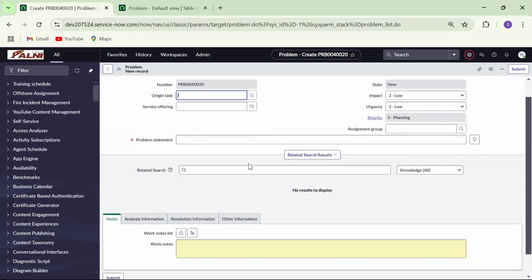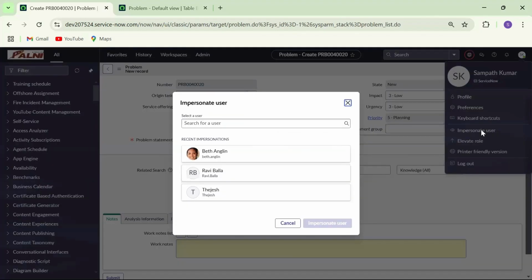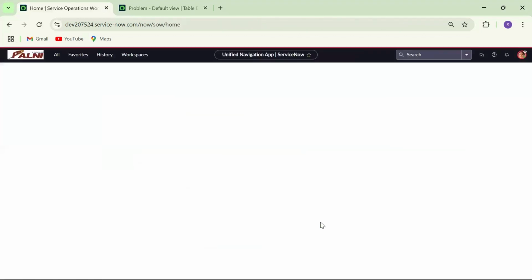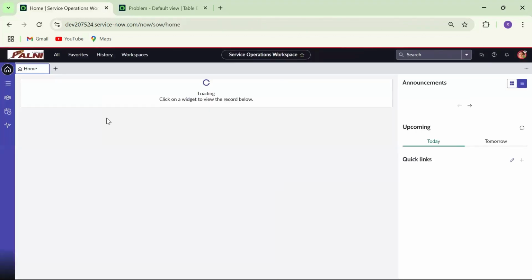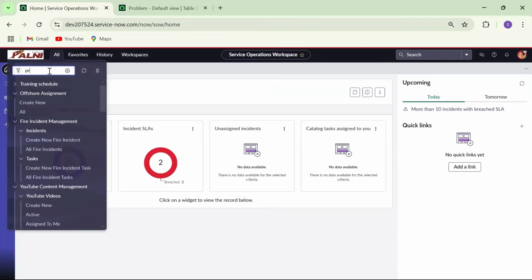Now let's check whether these changes apply to other users. Impersonate Bethangeline again. Return to the problem form.